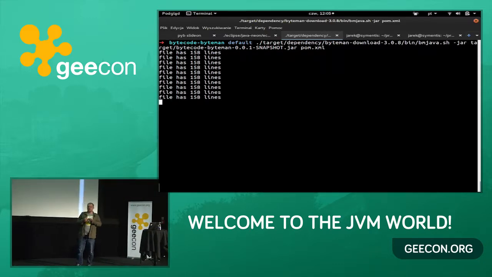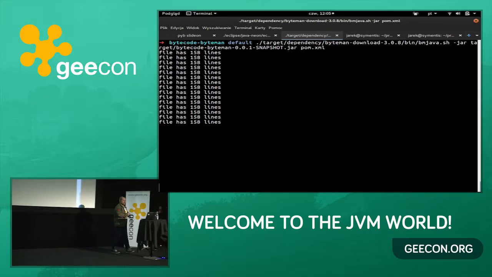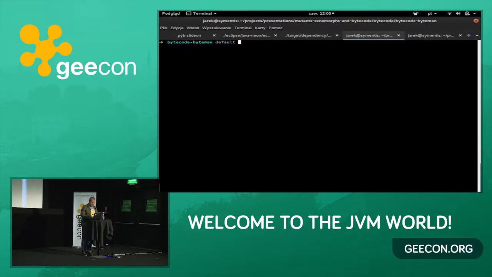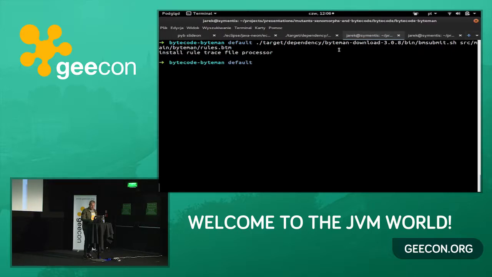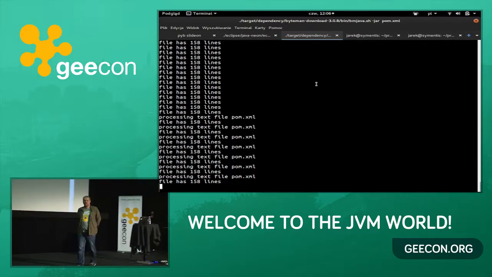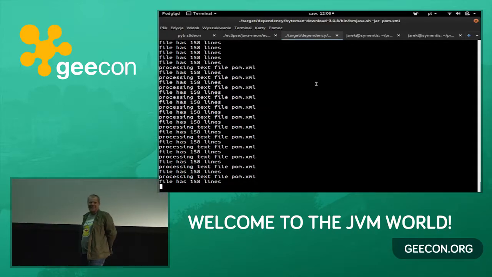And now I'm going to modify the behavior of this machine, not touching it, actually. Because what I will do, I will go to the next console, and I will run a script called bm submit, okay? And I will just give the reference to the file with my rules, okay? Something happened. I'm just printing the name of the file. I was not restarting this process in the background. This is still the same process. Imagine what we can do.